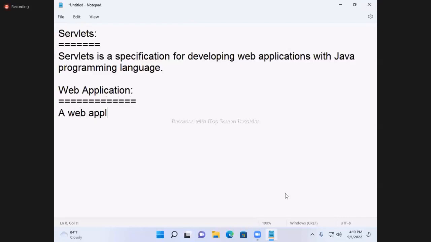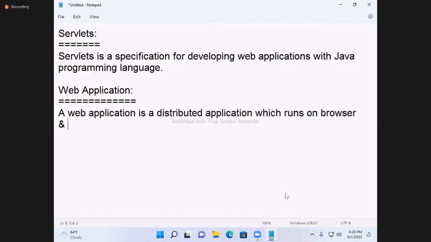A web application is a distributed application which runs on browser and server. Servlets is a specification. Specification means rules and guidelines. For what purpose? For developing web applications. What is a web application? A distributed application which runs on browser and server. And again, what is a distributed application?